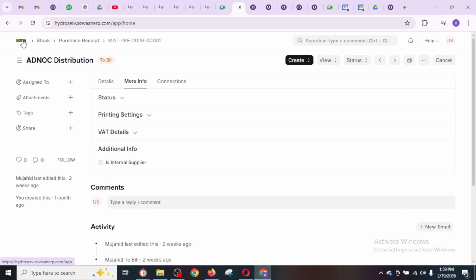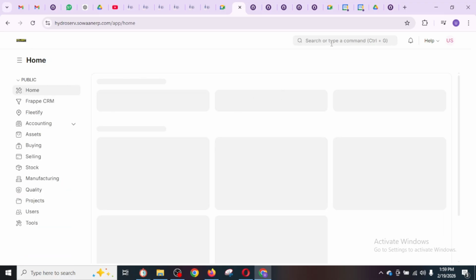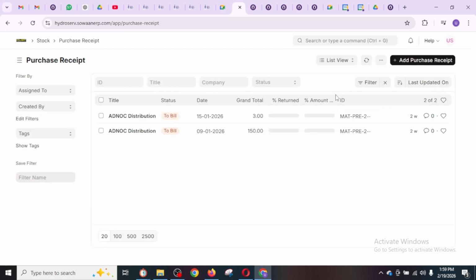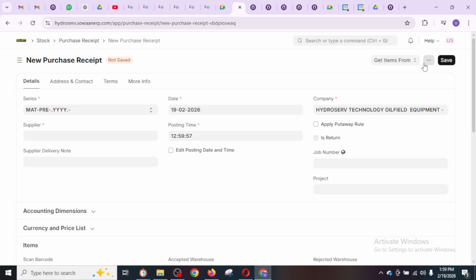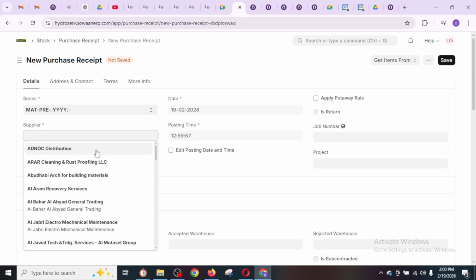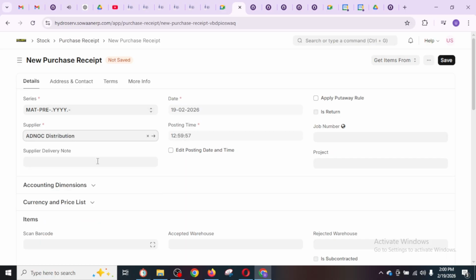Now let me come to how we can create a purchase receipt. Assuming we are on the home page, you can directly go into your purchase receipt list, and from that list press the add button. Select a supplier, like I selected Adnok Distribution.